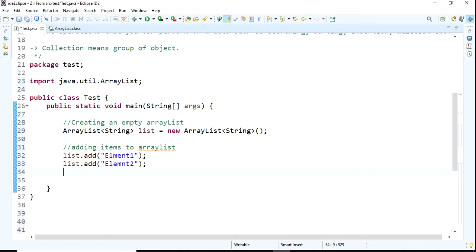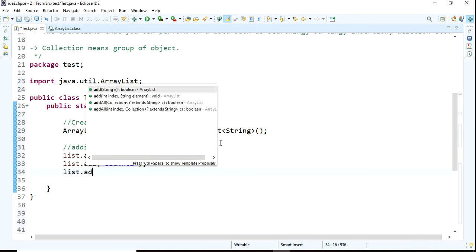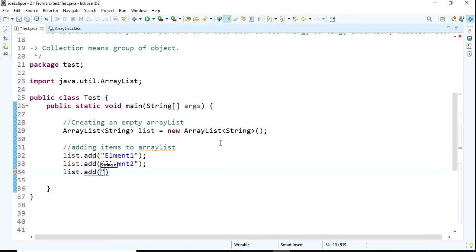Next list.add element 3. I want to add element 3. Only these 3 I am going to add.